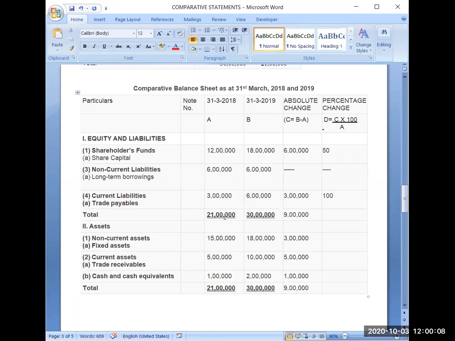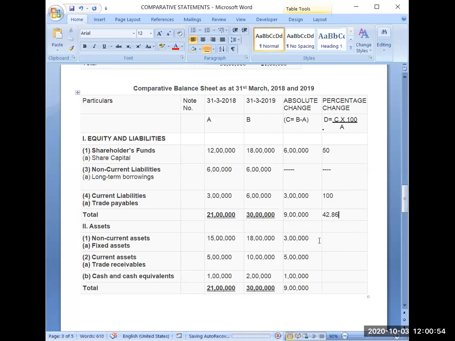So this way your calculations will become easier. Otherwise it will look very hard. 42.86%. So up to 2 decimal places you have to write your answers if you are getting answers in decimals. This part is a little bit tricky and needs a lot of manual practice, because calculators are not there in exams. Now, sometimes students get confused with this also: that it is a total of this column, it is a total of this column, so it should also be the total of this column. But actually we are not totaling, we are comparing this number with this number. That's why it is not a total here.